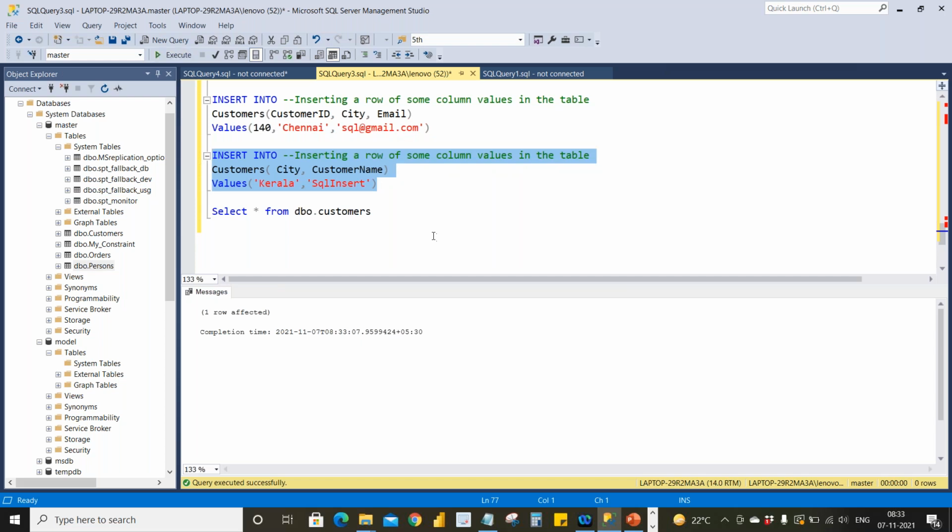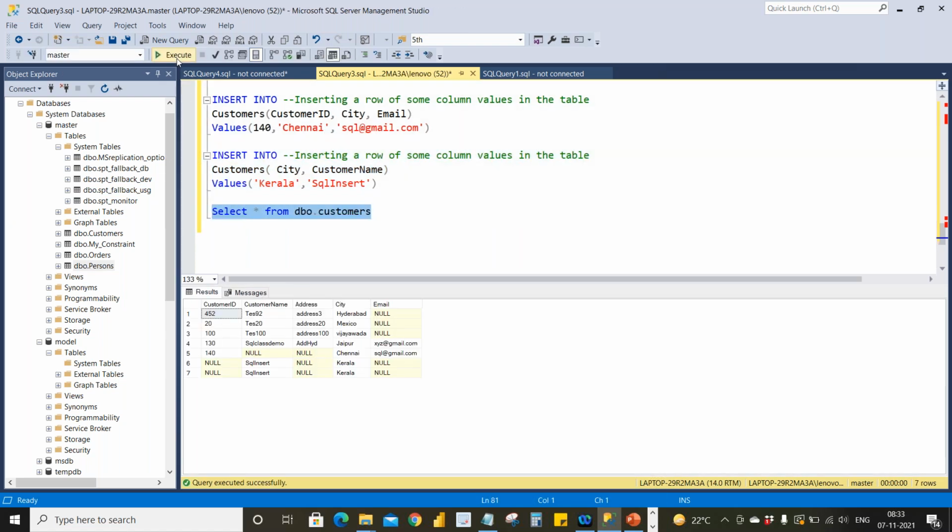Okay, one row got affected. See, I have executed the same statement twice. That's why I got two rows. If you observe, I didn't give the customer ID, so it became null.